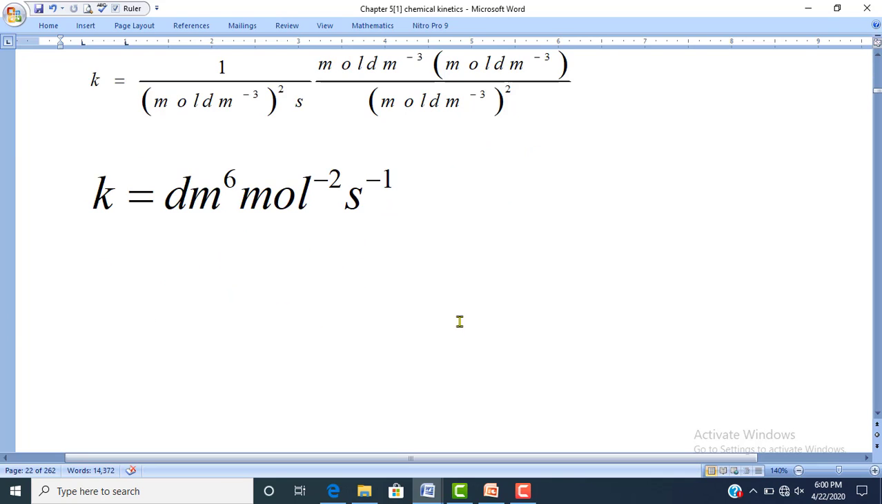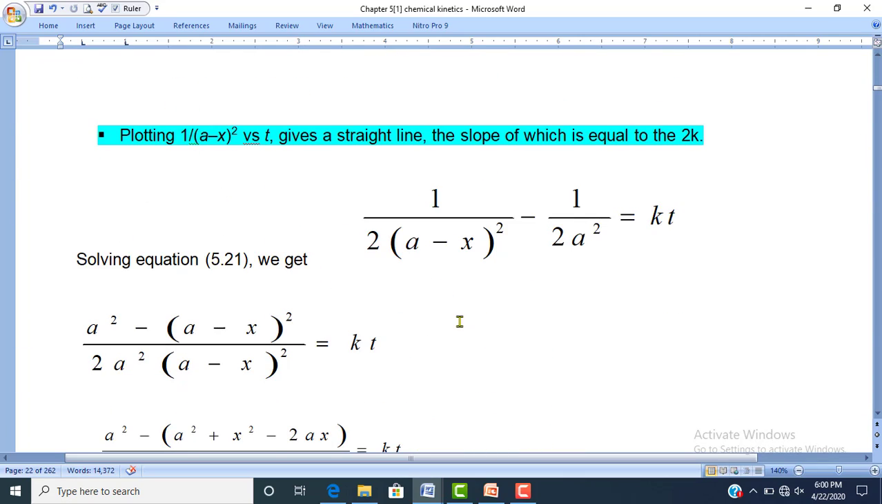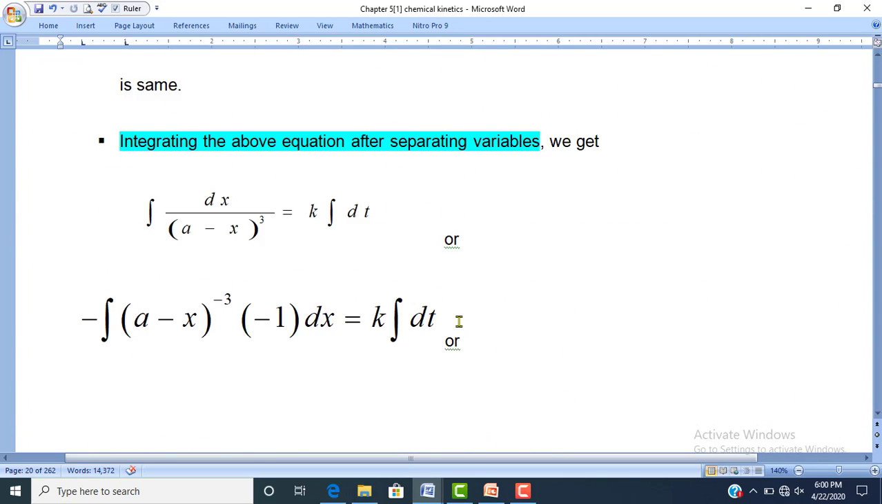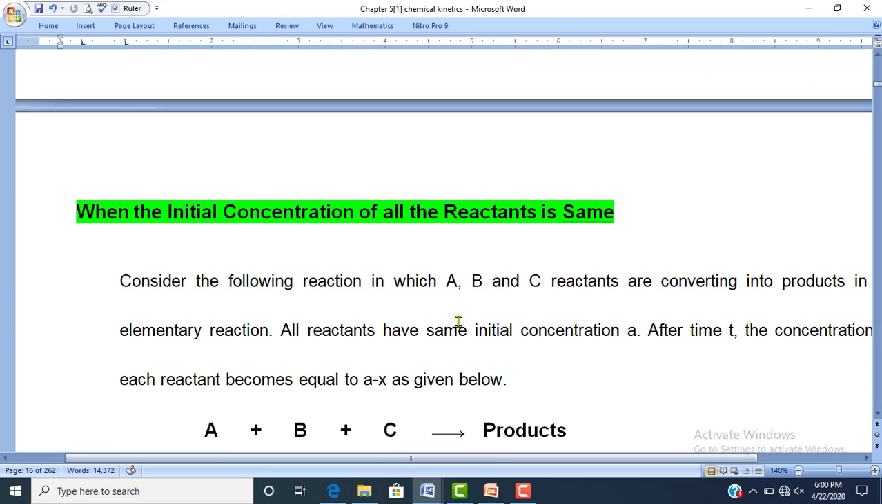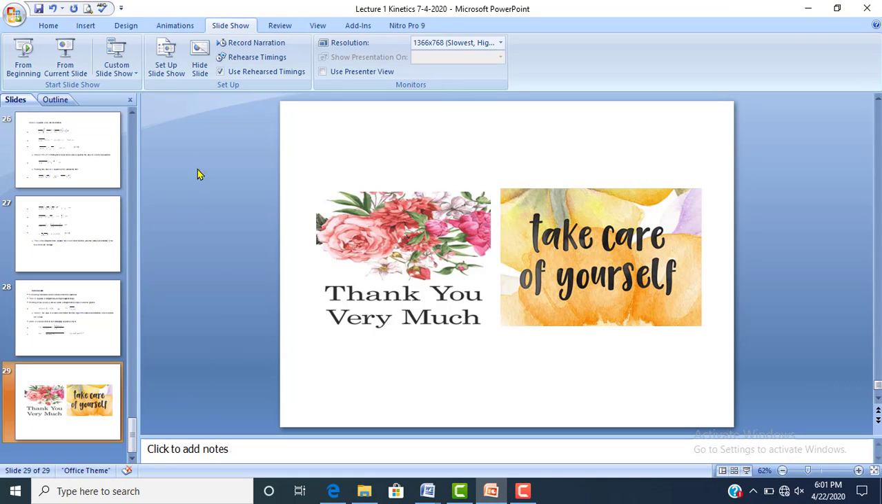Dear students, hopefully, you have got the idea that the kinetics of the third order reaction when the initial concentration of reactants is same is very much similar to the same topic which you have studied with the second order reaction when the initial concentration of reactants is same. At the end,